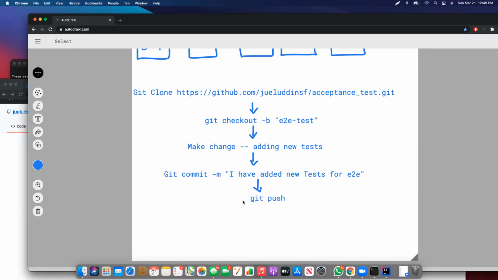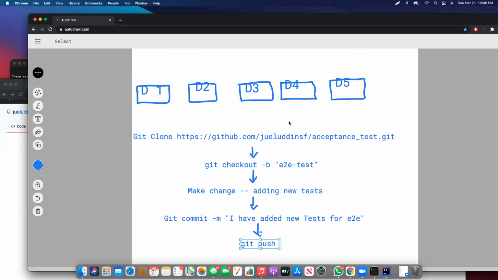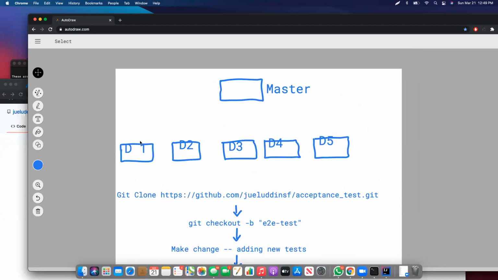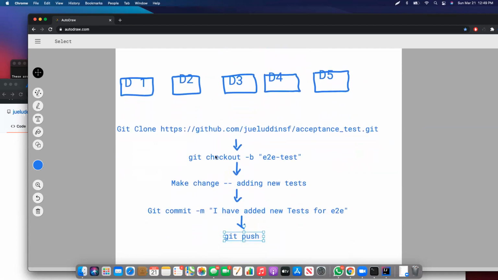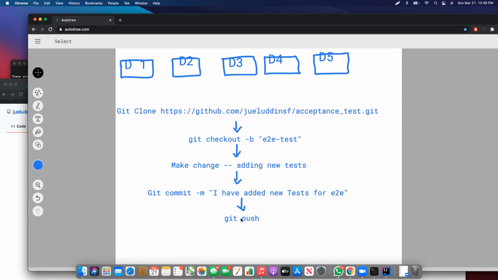And now initially when you do git push, it will give you suggestions. If this branch never existed here, because it's still in your local and you never pushed it before, then it will give you a suggestion. The suggestion is going to be something like: hey, you're trying to do a git push, but this branch never existed, so please do something like this: git push